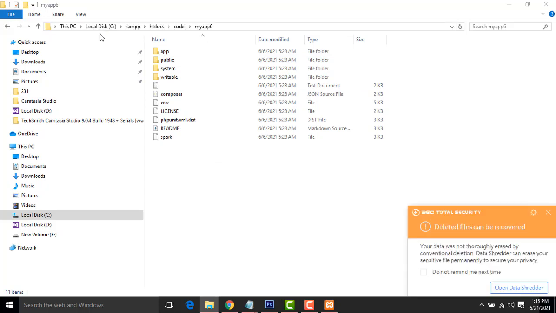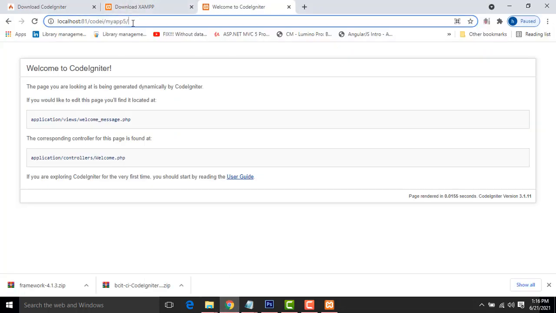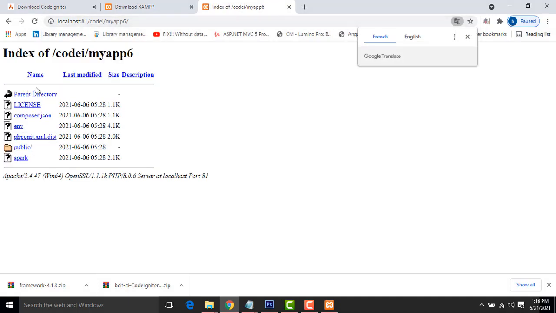Right. Okay. Now what I am going to do is here. Now how to run this one file? I just copy this same thing and put it here. Coordinator 4. Right. Press enter key. It takes like this. Okay.